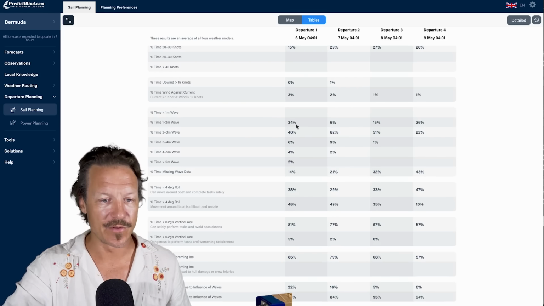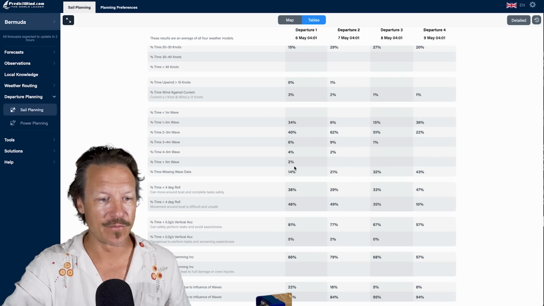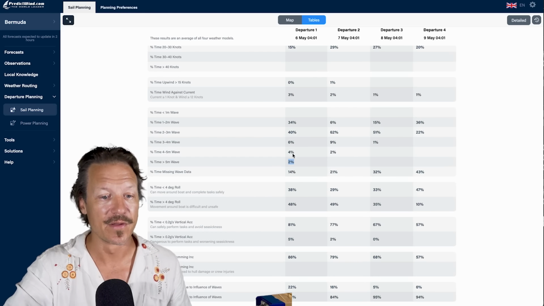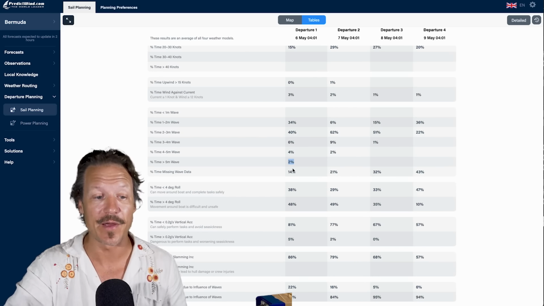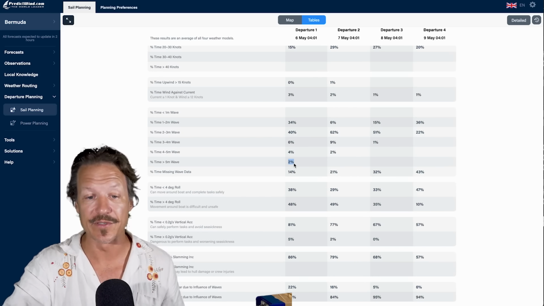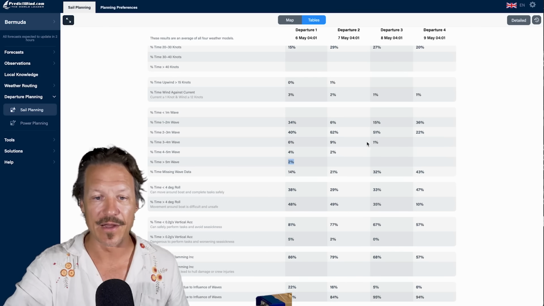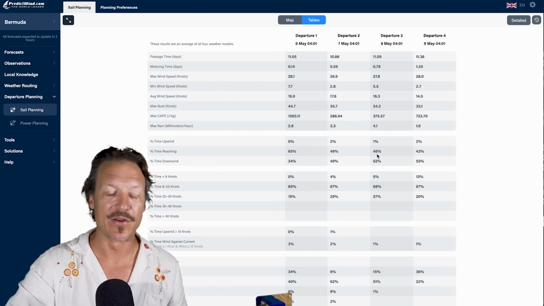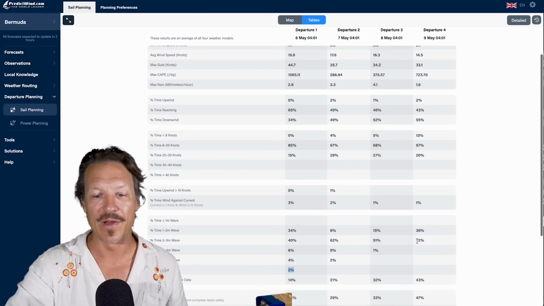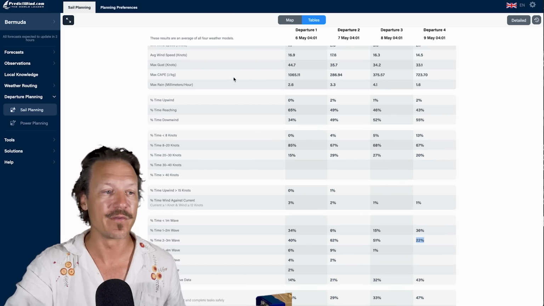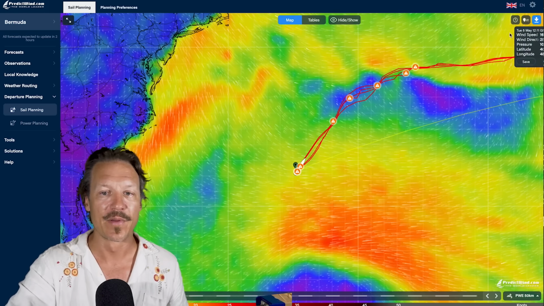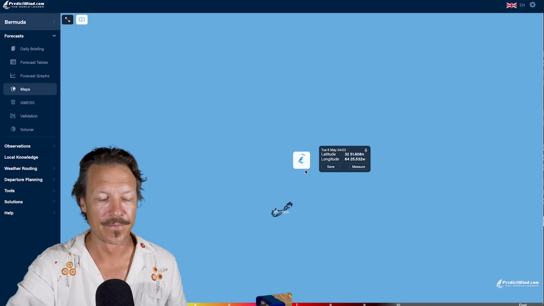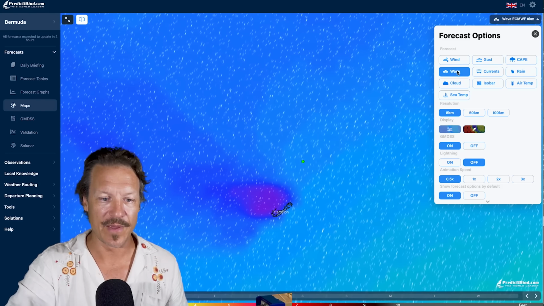Let's see what's happening with the waves. Time in ridiculously big waves. If you leave now, you're going to spend a significant amount of time in 5-meter plus waves. And then that goes down every day. So that's what's going to happen. You're going to have to motor a little more, but you won't be in this ridiculous wave state. And you can see that on the map. If we go back to the forecast and we do maps, and then we do wave map,